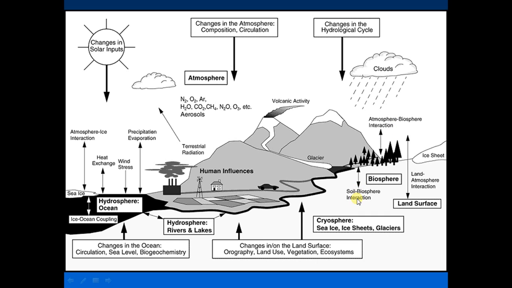There's soil biosphere interaction. Water from inside the Earth, the solid Earth or geosphere, can be taken in by the biosphere, the plants or trees. Land surface is part of the geosphere, basically, and it interacts with the atmosphere. Okay? Water in the geosphere, underground, groundwater, can move up and then evaporate in the atmosphere, become water vapor. So that's a way of exchanging water from the